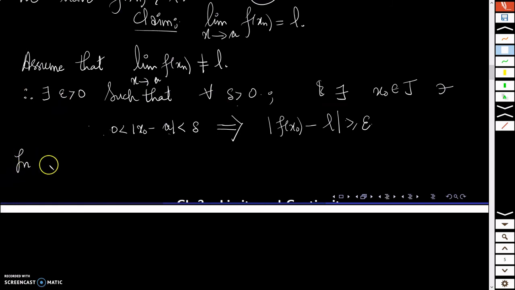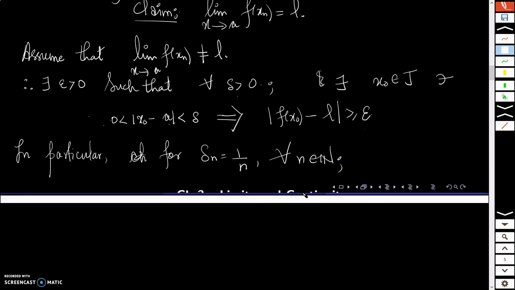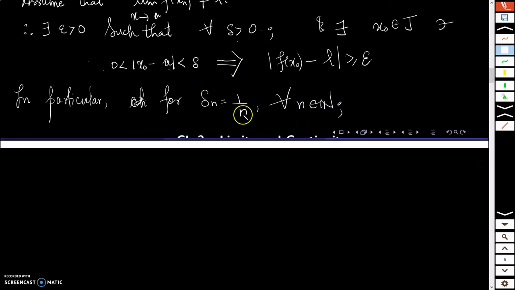Now in particular, if I choose delta n equal to 1 by n for each natural number n, so delta 1 is 1, delta 2 is half, delta 3 is 1 by 3. For all these deltas, this condition will not work, right? So no matter what delta you pick up, this will definitely happen. So for delta n equal to this, for delta 1, delta 2, delta 3, for all these delta n's also this condition will happen,